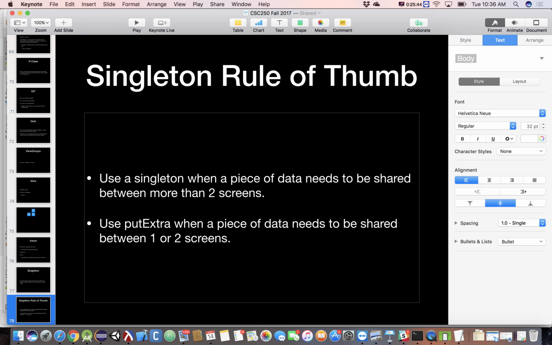If you have 10 pieces of information you need to share across those 2 screens, you can clog up your singleton with 10 pieces of information, or you can write the same code twice by putting 10 things inside of extras in 2 separate places. Okay, now this is related to a concept